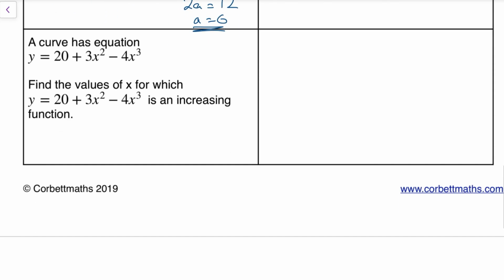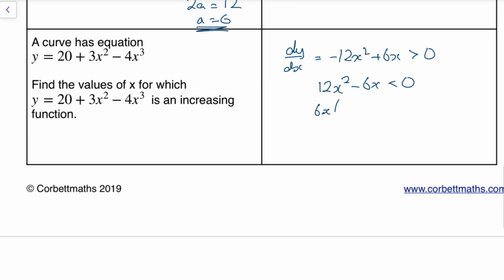Next question. A curve has equation, gives me an equation. Find the values for which it is increasing. So let's start by differentiating. So dy dx, I'm going to rearrange the order, is equal to minus 12x squared plus 6x. And I want this to be greater than 0 for an increasing function, which means I want, well, let's do 2 steps. So it means I want 12x squared minus 6x to be less than 0, which is the same as 6x